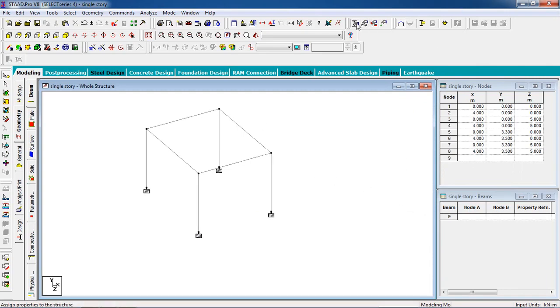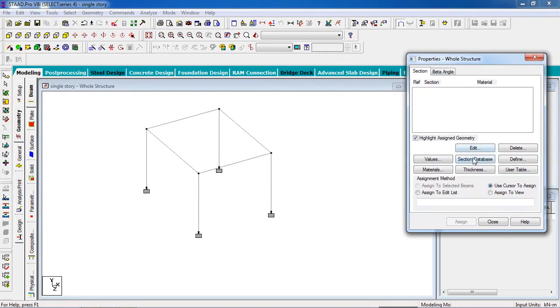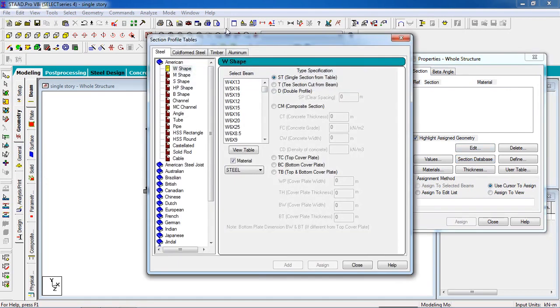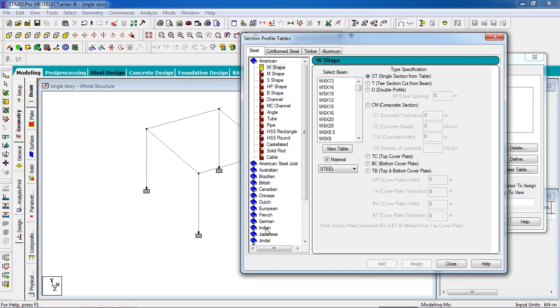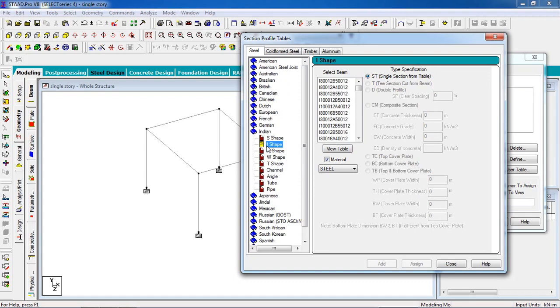Now you have to give the property. For that, go to property page, go to section database for steel design. Now select Indian for Indian users. I'm going to give I shape for the single story building. Give the property this section, or you can decrease it to this section, or leave it at this section.